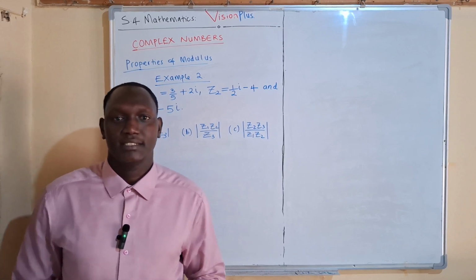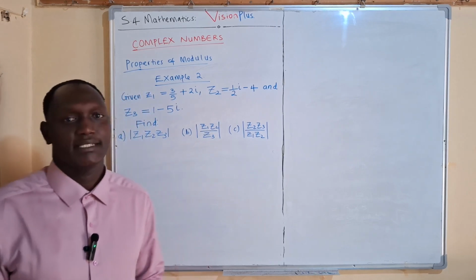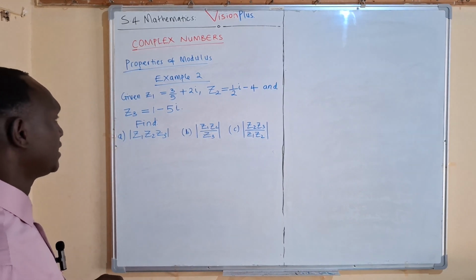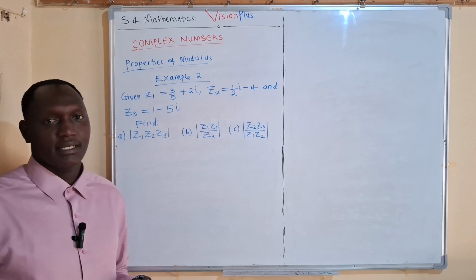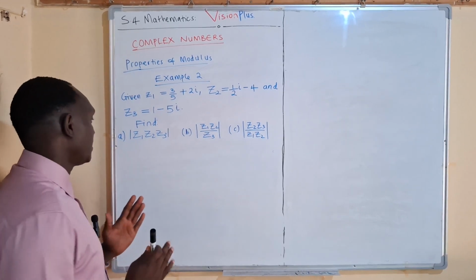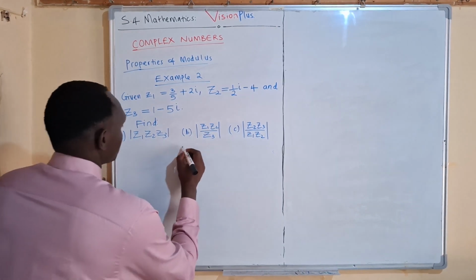We are now looking at properties of modulus, and we are on example 2, which says that we are given three complex numbers, Z1, Z2 and Z3. They are asking us to find part A, the magnitude of Z1, Z2 and Z3. So the solution is,